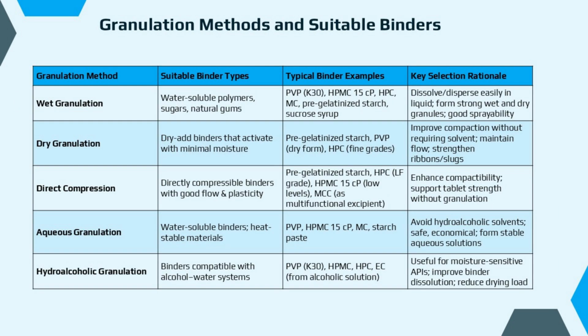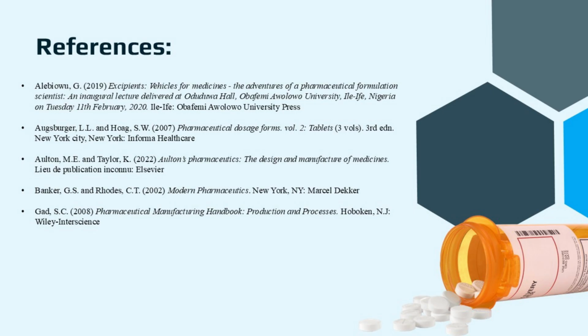Different granulation methods demand different binder properties. Wet granulation typically utilizes water-soluble polymers like PVP or HPMC. Dry granulation favors binders with good dry compressibility, such as MCC or HPC. Direct compression requires binders with inherent compactability, meaning binder selection must align with both the process and the desired product attributes. In our next video, we will explore